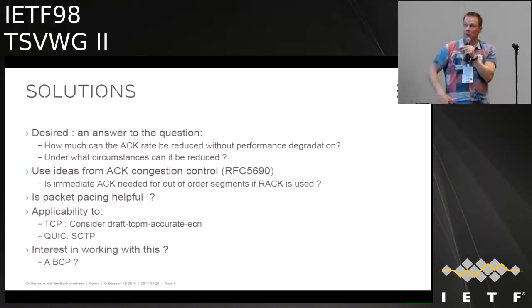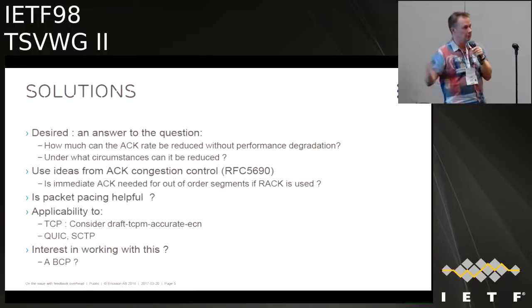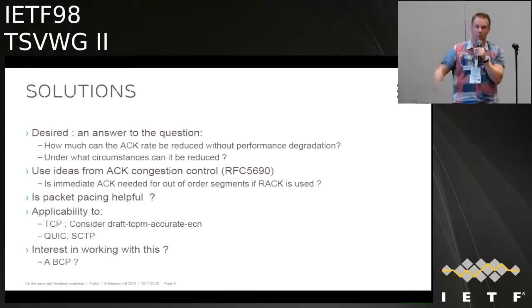The possible solution, if there is any, is an answer to the question: how much can the ACK rate be reduced without reducing the performance too much, and under what circumstances can it be done? Possibly if you have very large downloads, then you can reduce the ACK rate. But maybe in the beginning of TCP sessions you need a higher ACK rate. That I don't know. And there is some previous work around ACK congestion control,